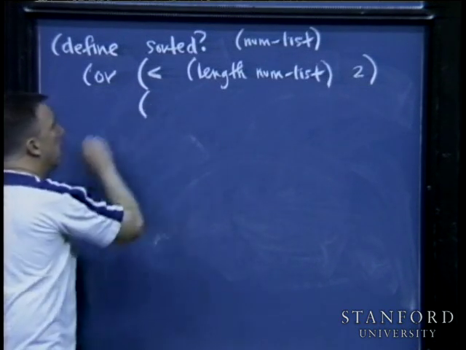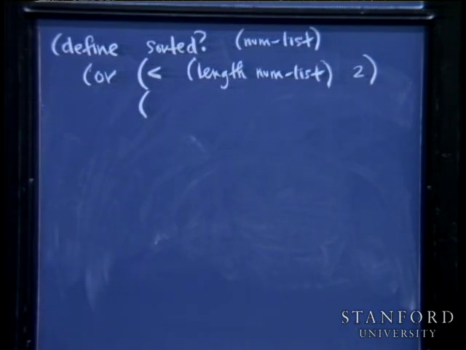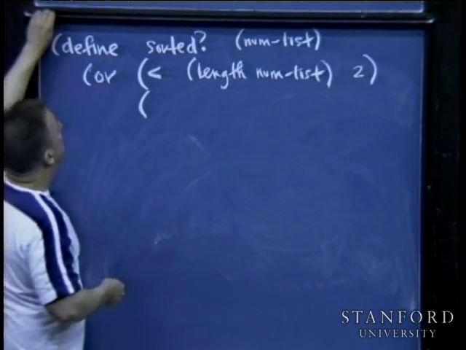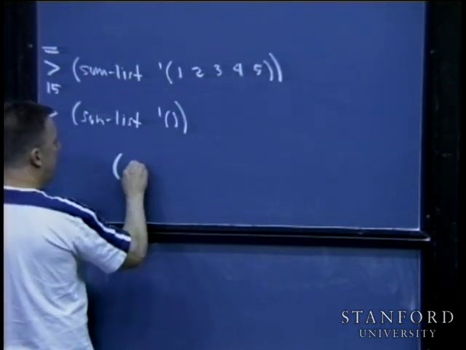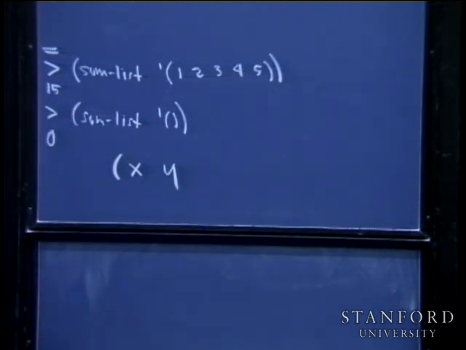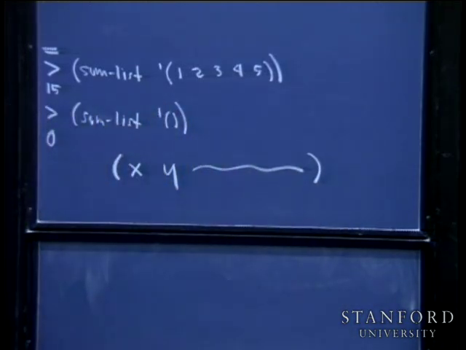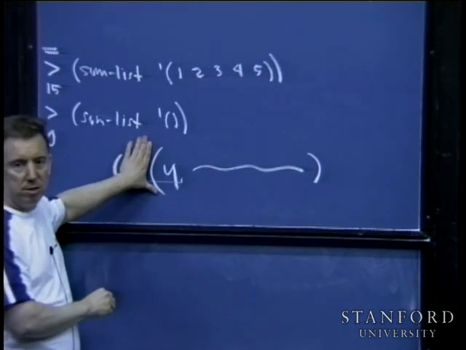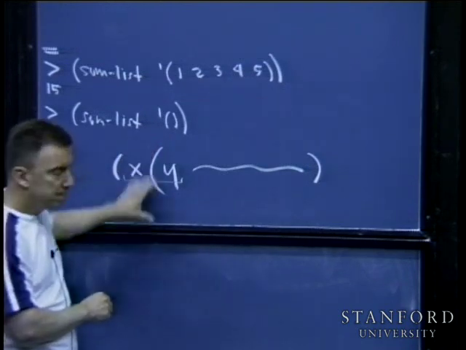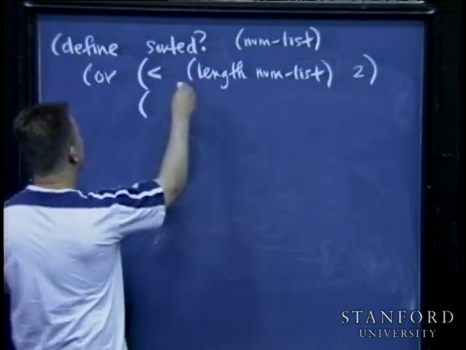So if I get this far, and I'm evaluating the expression that happens to have an open paren that I just drew right there, then I know that I have at least 2 elements. So what I want to do is confirm 2 things. If I have these 2 elements, I have x and y. They could actually really be x and y, and they just have to evaluate to something. And then I have all of these other things. I need to confirm 2 things to decide that this thing is actually sorted. I have to see that x really is less than or equal to y, and that the cooter passes the sorted predicate. Make sense? Okay. So there's that. So I have this and right here,